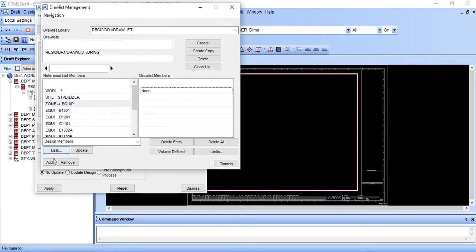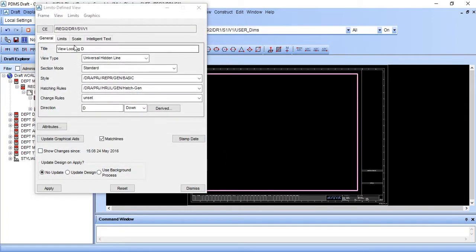Click on equipment and add. So here equipment is added. Now I want piping zone, so just click on pipe and add. You can add the whole stabilizer by clicking this and adding this, but I want only equipment and pipes. So just click update, dismiss.